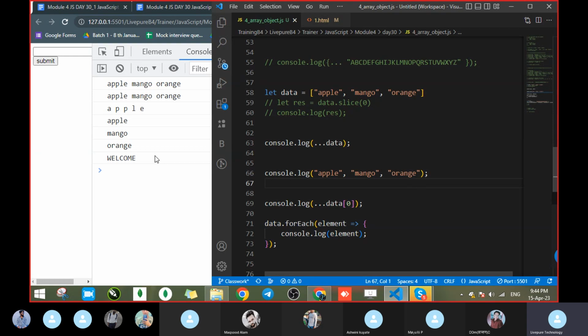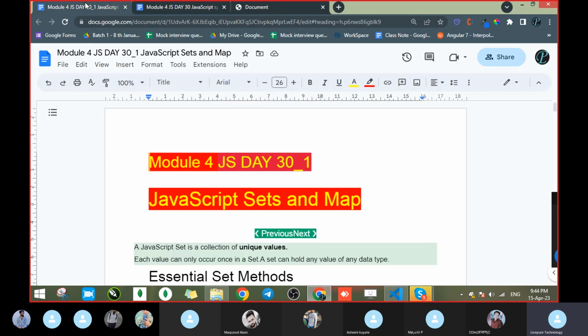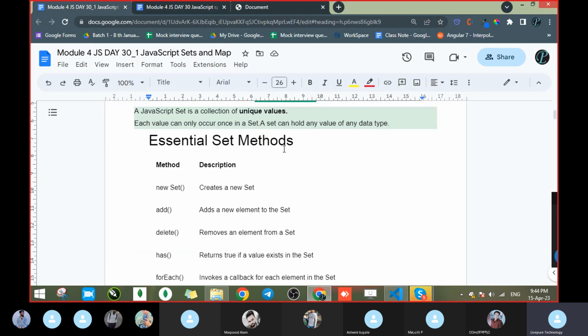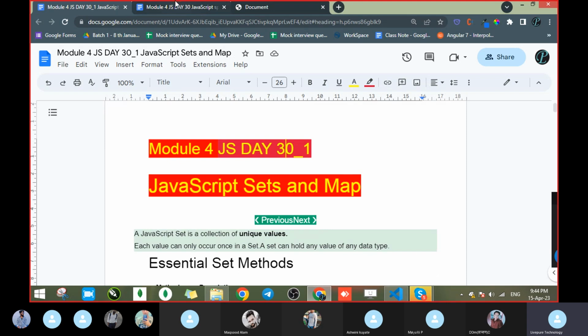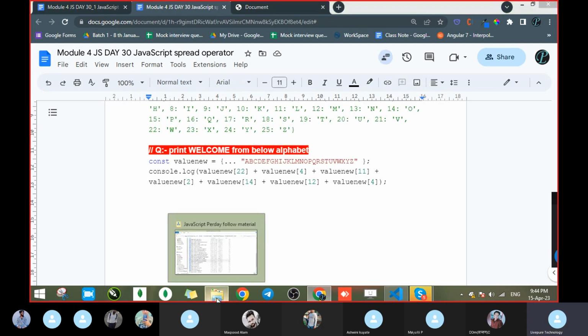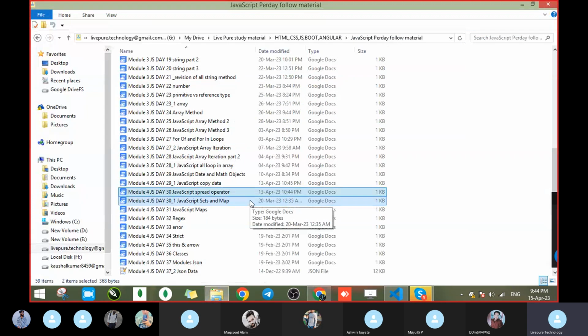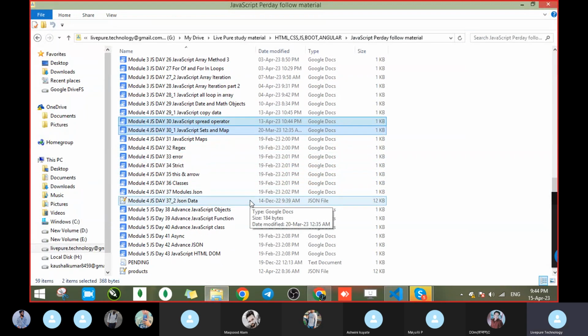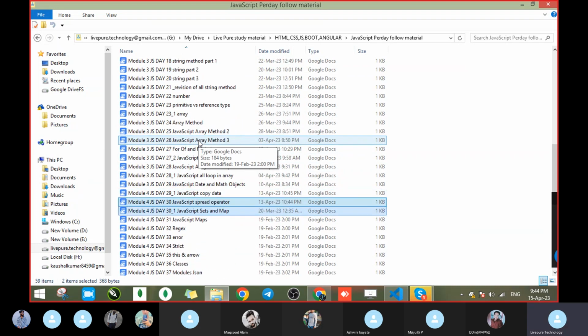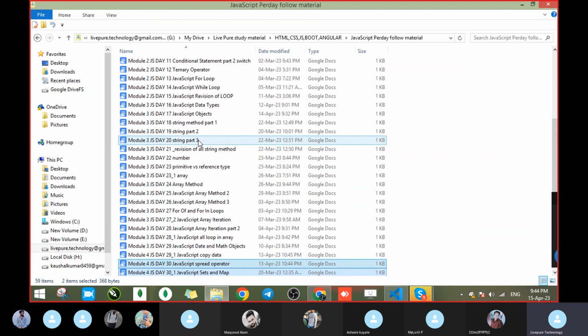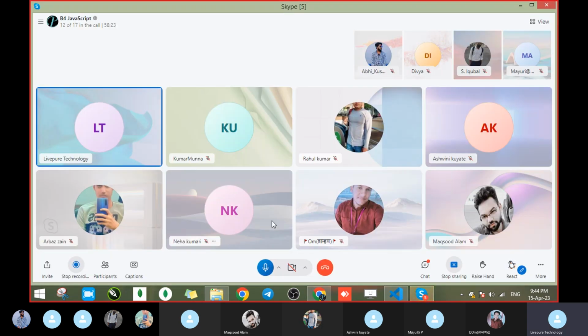ठीक है, तो ये था आपको स्प्रेड ऑपरेटर। अगला टॉपिक हम अगले दिन पढ़ेंगे, नहीं तो ऊपर से बाउंस कर जाएगा, क्योंकि सेट एंड मैप है। सेट एंड मैप आता है क्या किन्हीं को, पहले से पढ़ा हुआ है? चलिए इसको रिकॉर्डिंग बंद करता हूँ।